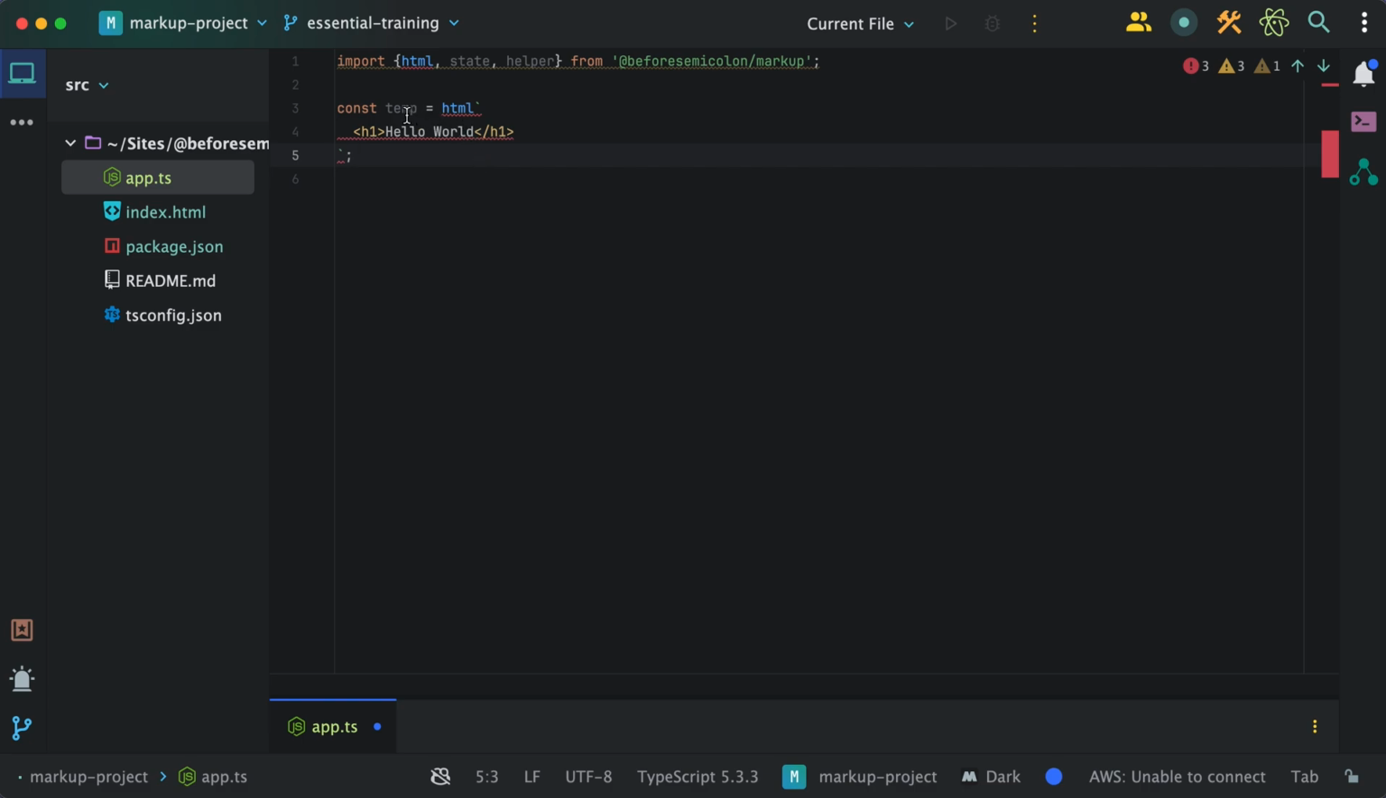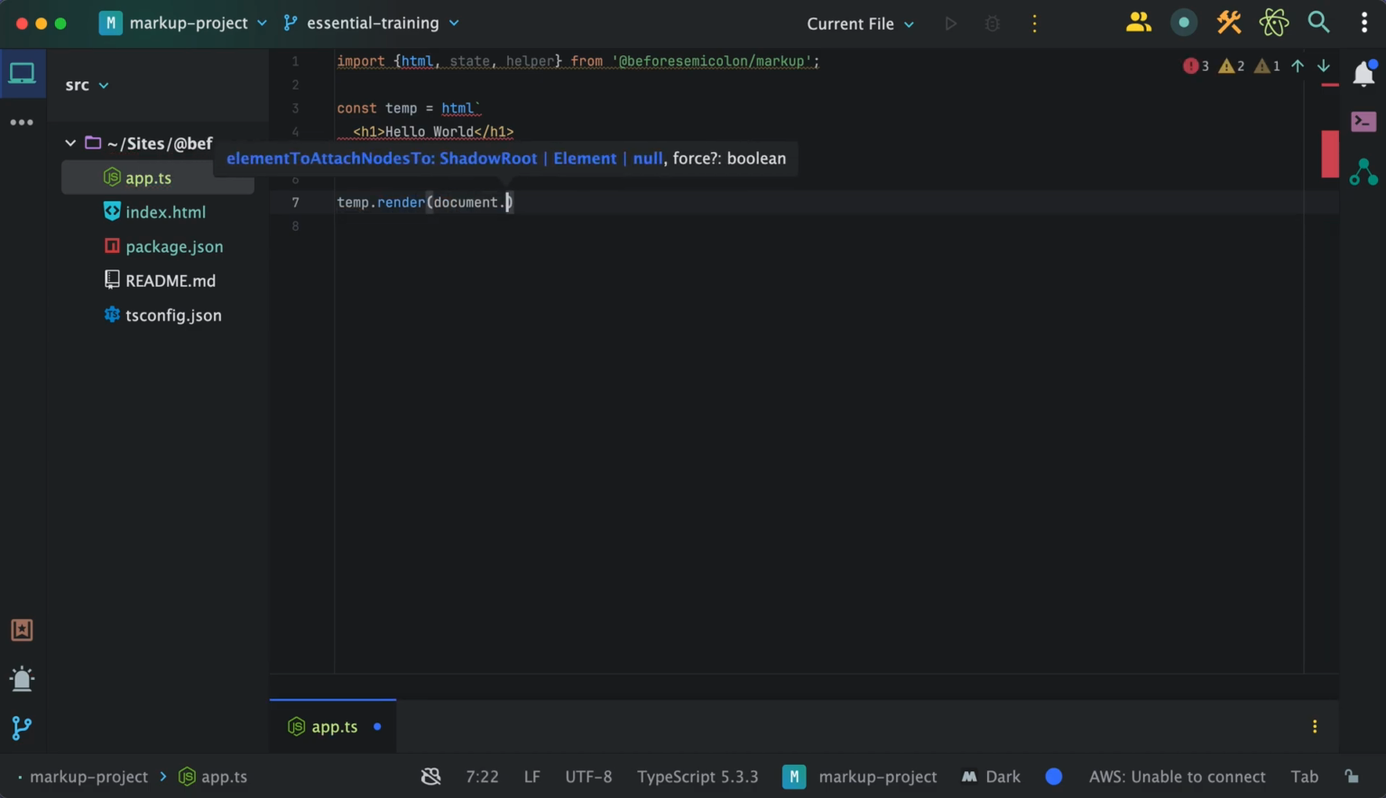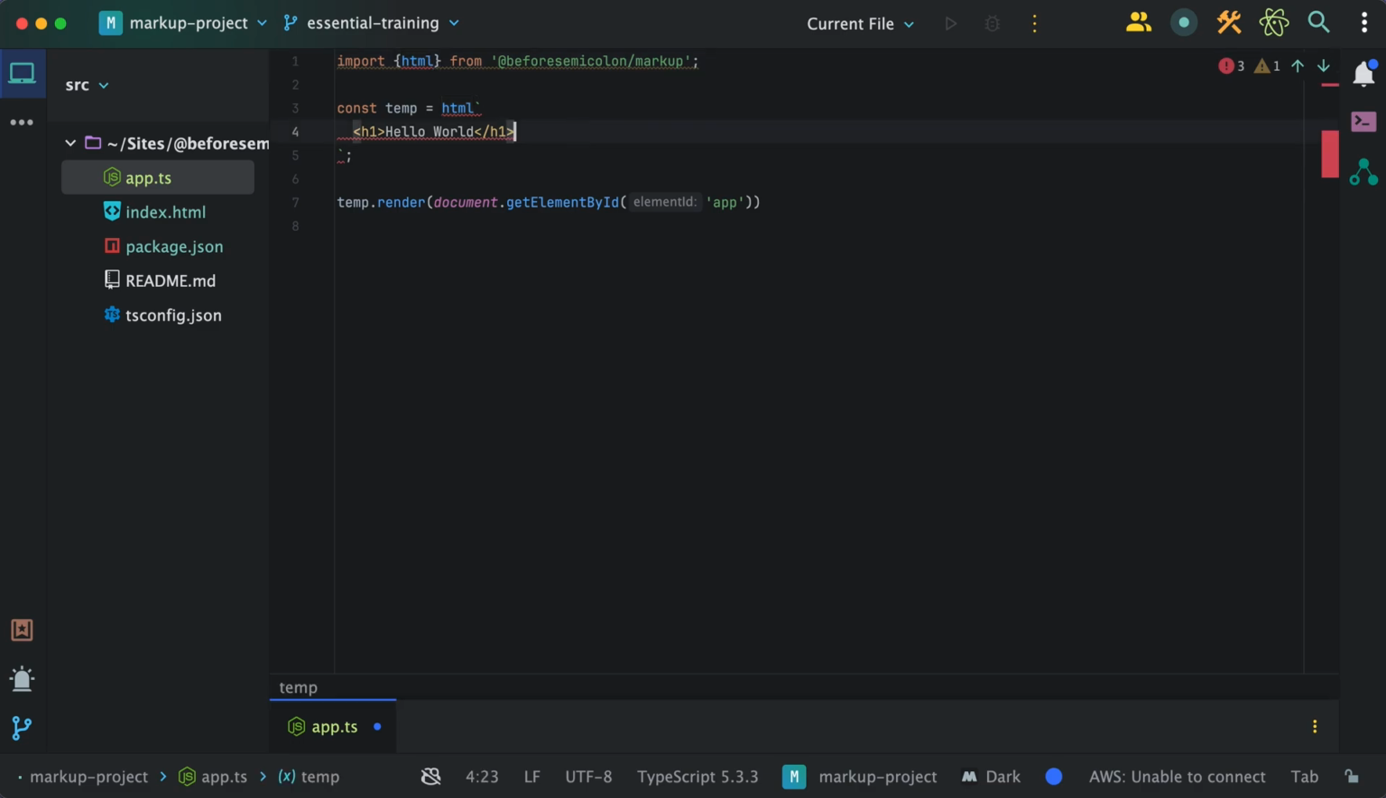And one of the things that this HTML template instance allows us to do is render the template by calling the render method and providing the place in the DOM to render it. So in our case, I'll add it to the app div in our document. Let me remove these other imported APIs, and you can see now that the IDE is showing that temp is